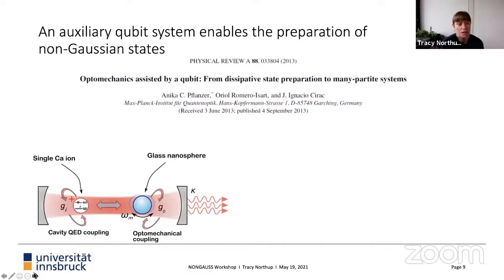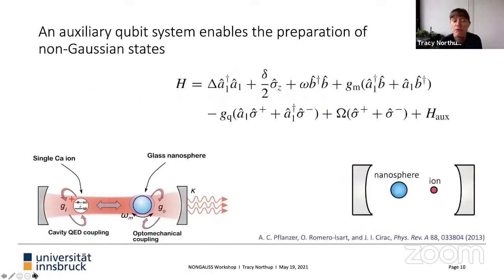On the other hand, we would then introduce this optomechanical system, the nanosphere, and we thought that we could use the shared coupling of the motion to the cavity field to provide the assistance that was proposed. So this is, again, the concept that's been proposed in the paper. The paper is more agnostic about it, so it doesn't matter that it's an ion in the paper. It simply matters that it's a two-level atomic system.